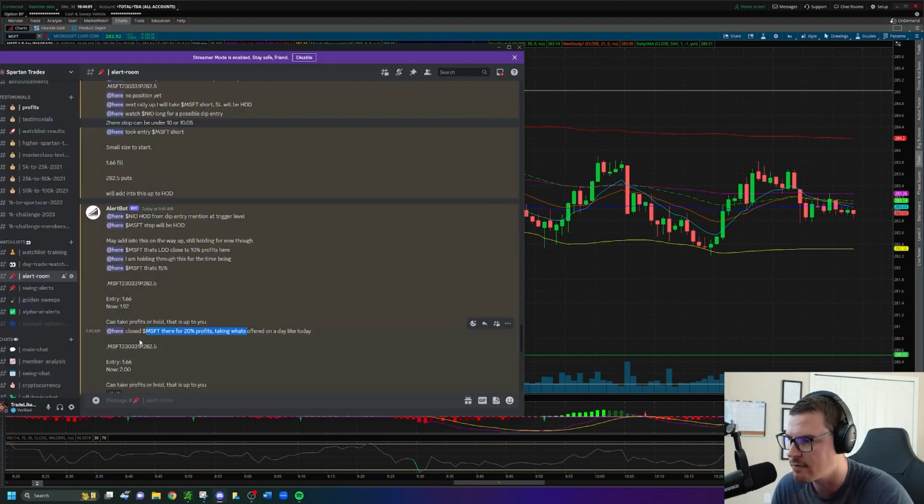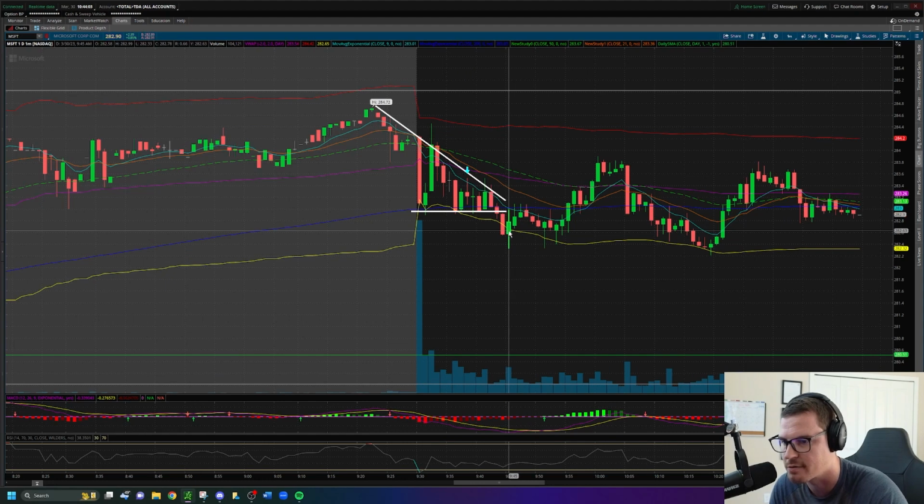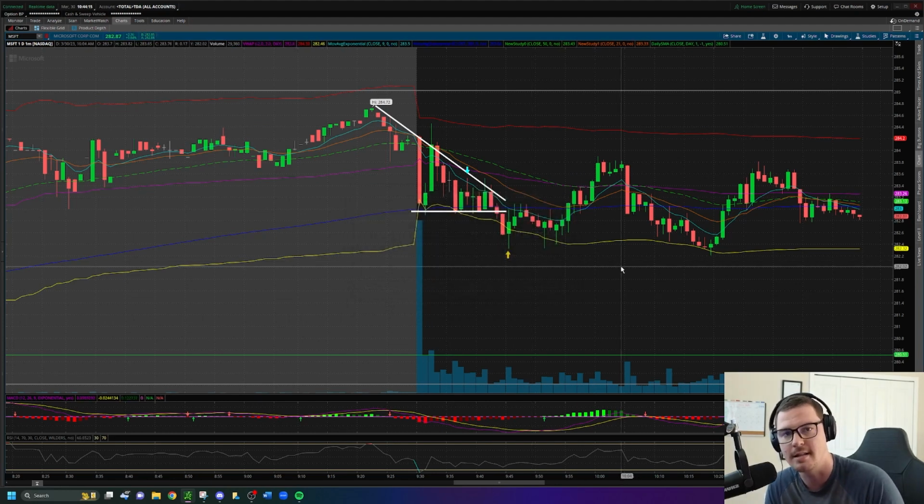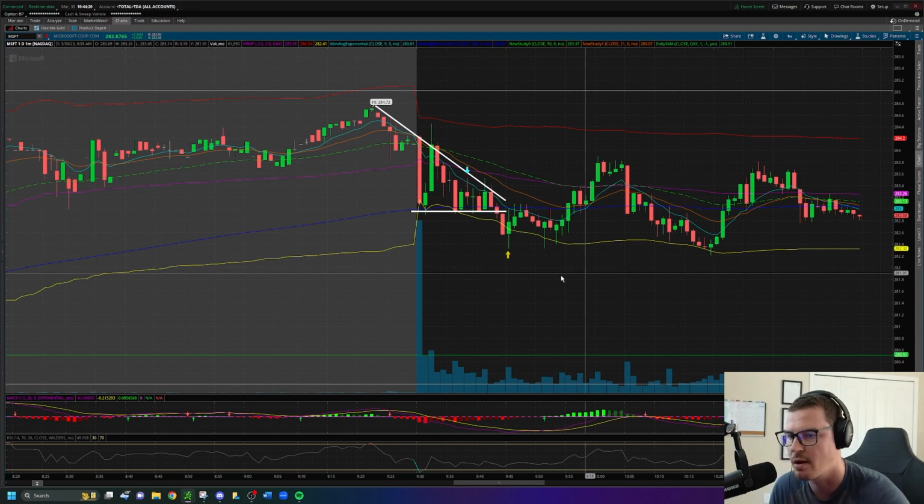So again, 9:45 a.m. closed Microsoft short, which is going to be at the bottom of this candle. And it looks too good to be true. Oh, Gates, you bottom ticked that. It does look too good to be true, but we were offered 20% on the position, and I am a base hit trader for this reason. I typically aim for my 20% profits. So we weren't done with this at this time, though.